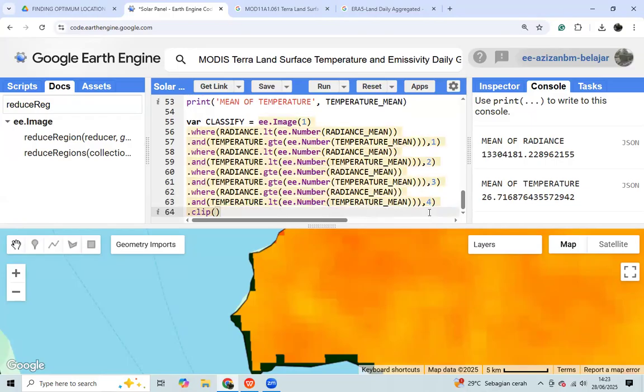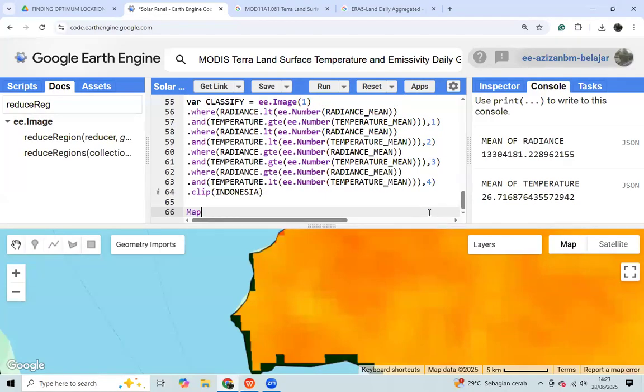And then we clip it on Indonesia. And then we visualize the classified data to find the most optimum location for solar panel.